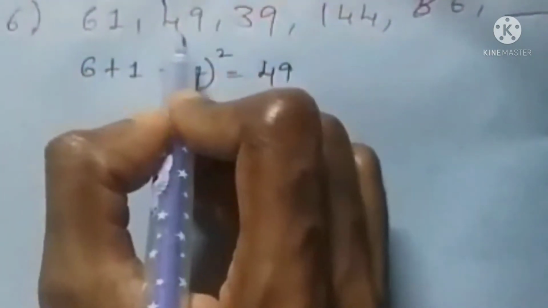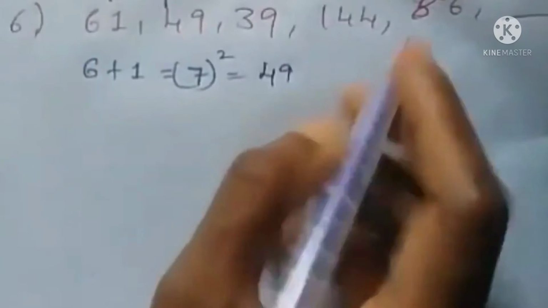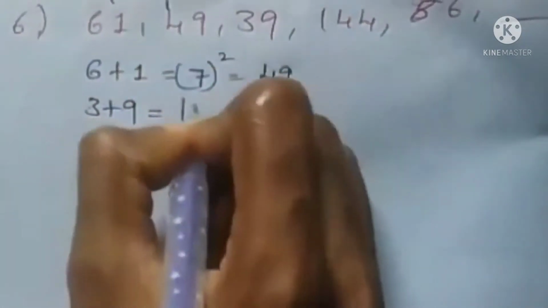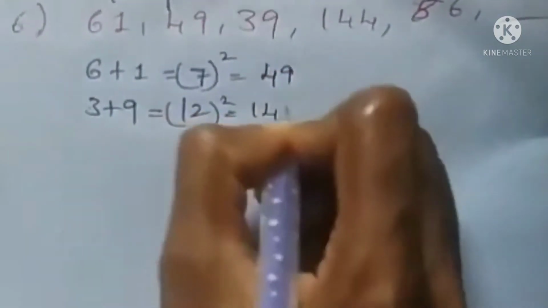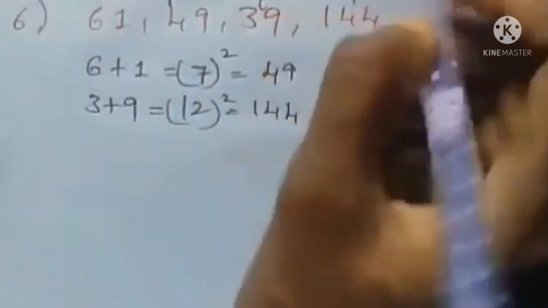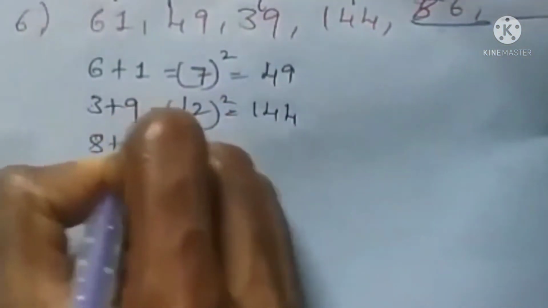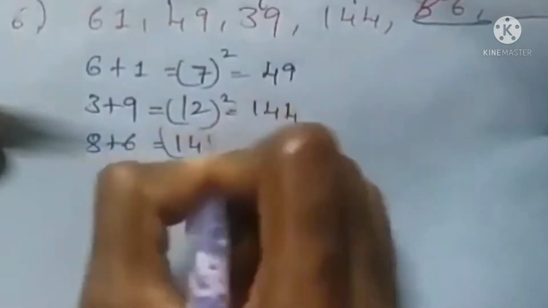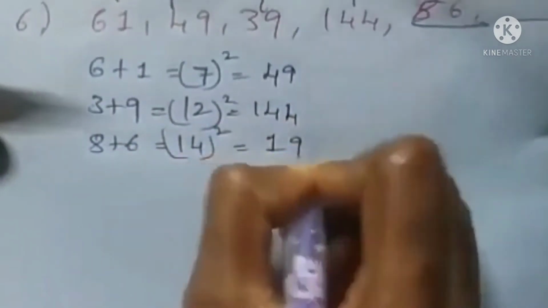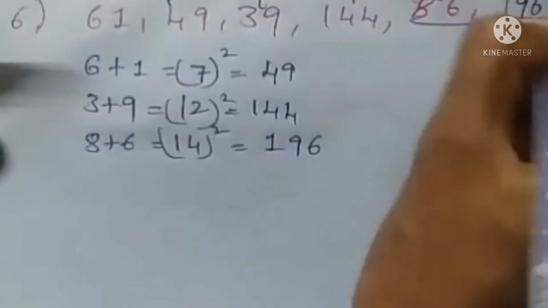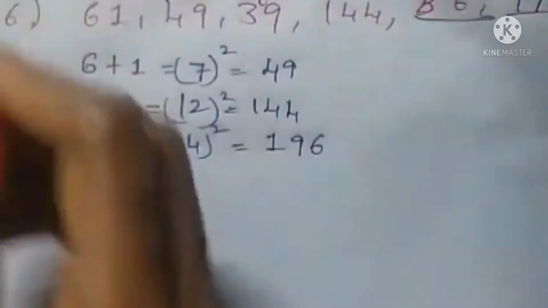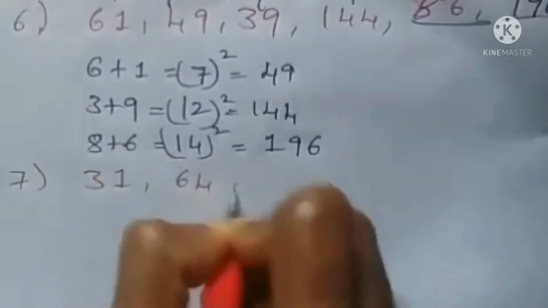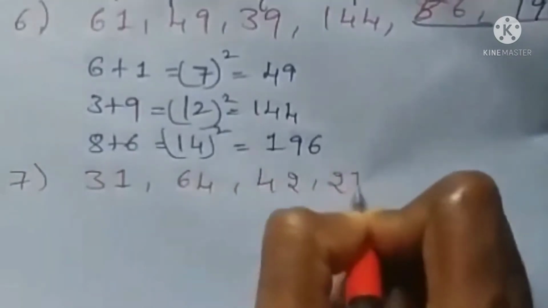Next, link the same thing for each and everything. Interconnect one and other. Now, 3 plus 9, 9 plus 3, 12. 12 square, which is nothing but 144. Hence, this is also finished. And now, this one. 8 plus 2, 10. 10 plus 4, 14. 14 square, how much? 196. Hence, our answer is 196. Yes?